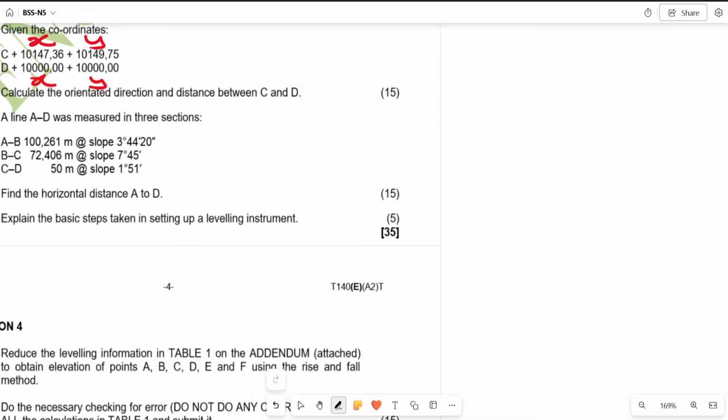Now remember, in the previous video, guys, I mentioned you must look at the letters. If they say C, D, that means that when you are calculating your deltas or your changes, so we'll say delta X to begin with, we'll say X of D minus the X of C. This is what we do. And we do the same when you're finding the delta Y. So what are we going to have here? The X value of D is going to be 10,000, right? 10,000 minus 10,000,